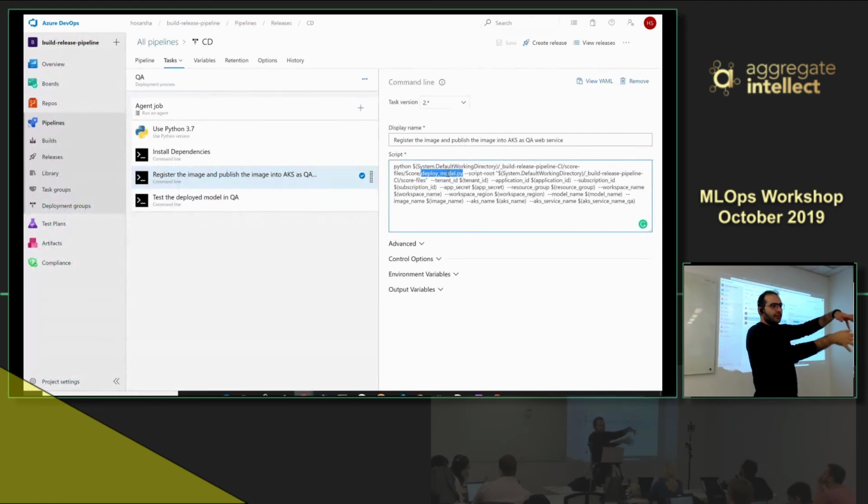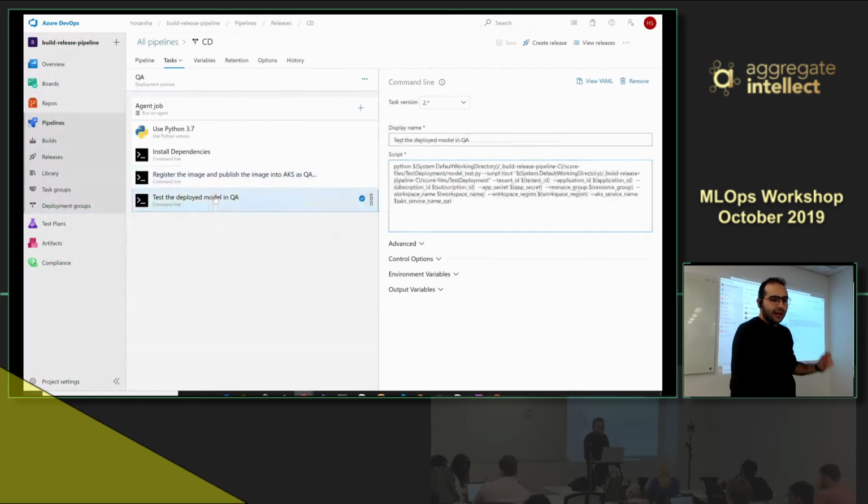It creates a Kubernetes cluster, checks if it is created, and creates it if not; otherwise it will just skip. It registers the image, registers the web service, and then deploys the web service. The next step is a very simple test: sending sample data, which I saved somewhere as a NumPy file, to the API and expecting a result back, just to make sure it is working. If it is successful, it goes to the second step, which is the prod,